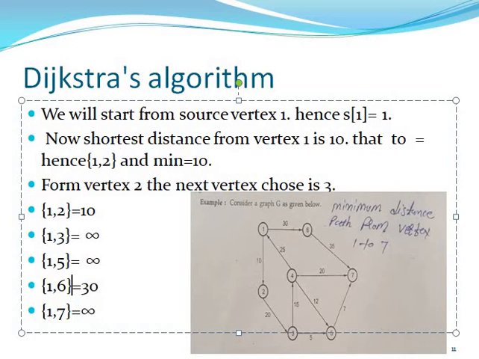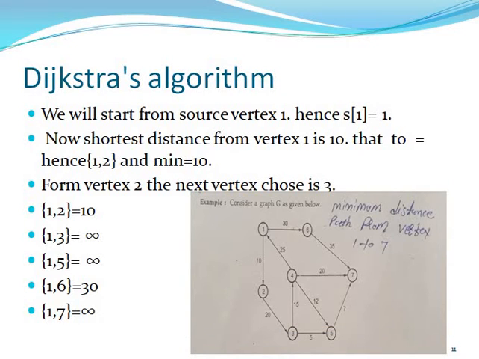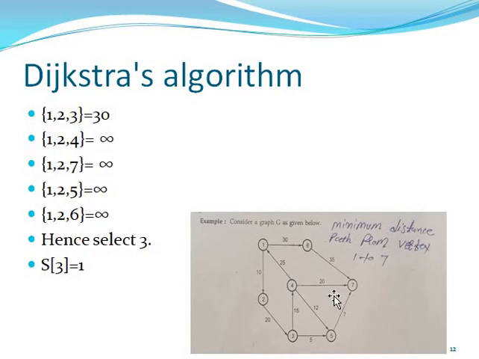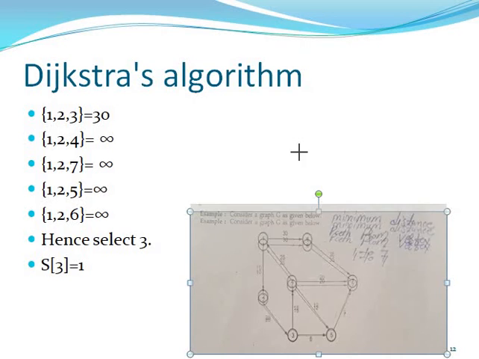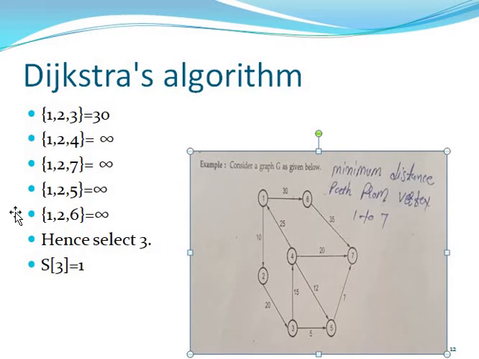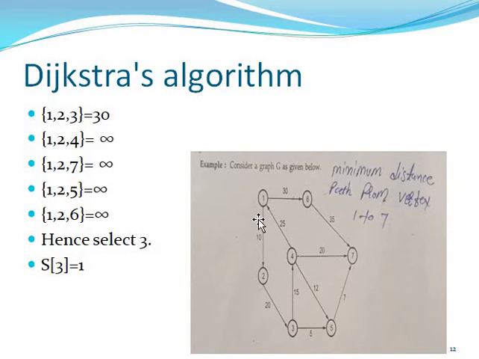So you can find the distances 1 to 2, 1 to 7, and 1 to 6, then you can choose 1, 2 from vertex 1. So you can choose vertex 1 and 2. Now you can choose two vertices, either 1, 2, 3 or any other vertex. You can show that here. Now you can choose the next vertex. So what is the vertex? We choose 1, 2 and 3.